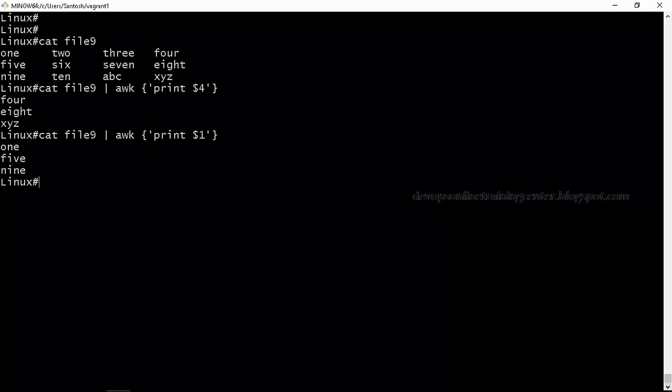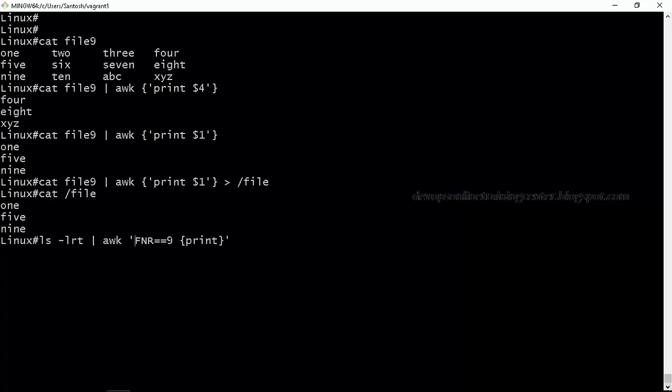So we get the output from something, then we process it and capture a particular column or row using AWK. This can always be redirected to a file. If you say file, this file will have the content, the output of this command. Is this clear?